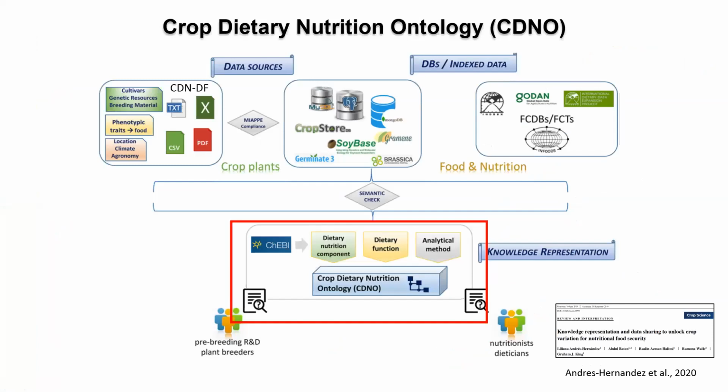So for this reason, we have proposed the development of the Crop Dietary Nutritional Ontology, or CDNO. The CDNO has been initially designed with three major classes: dietary nutritional component, dietary function, and analytical method. With these classes, it is expected to generate a formal human and machine-readable controlled vocabulary to navigate crop-related nutritional information. Today, I'm just going to talk about the dietary nutritional component class,